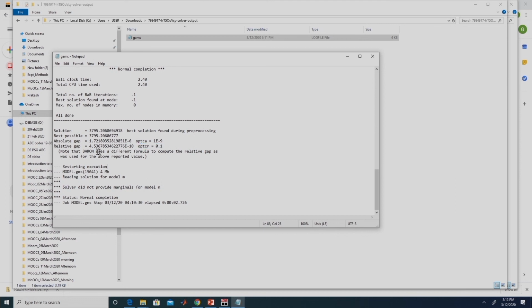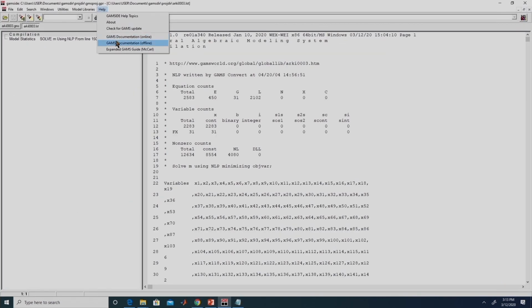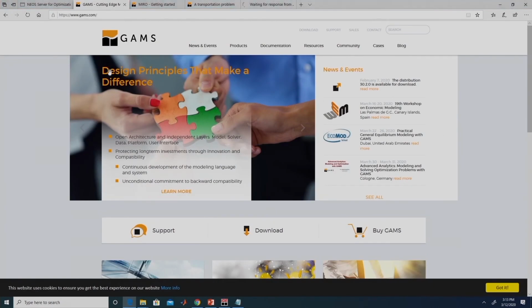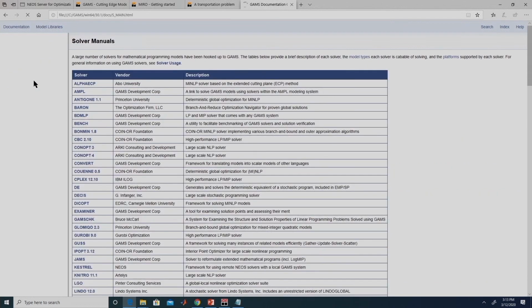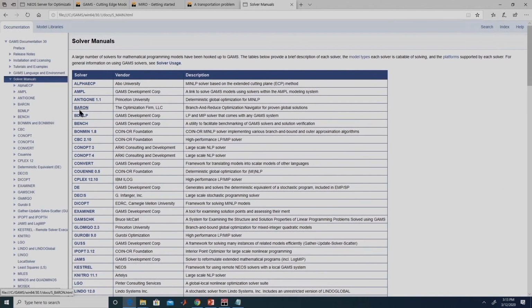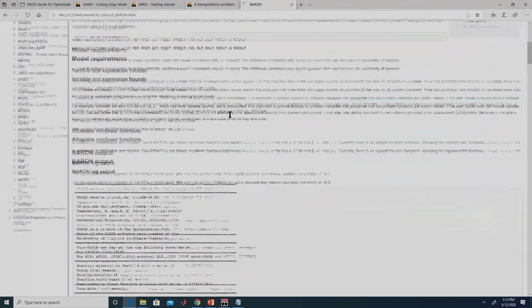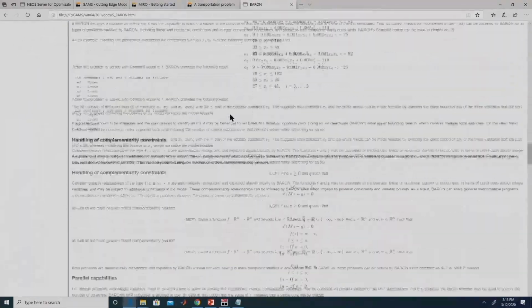Similar to our discussion with Simplex, Baron also uses a different formula to compute the relative gap. Additional details on this you can find from the solver manual of Baron. So, in this offline help documentation, we have the solver manuals also. Each solver has its own manual. One can go into this Baron manual and look into further details about calculation of opt-CR and other relevant things. This is how we can use GAMS and Neo server to solve problems involving larger number of decision variables